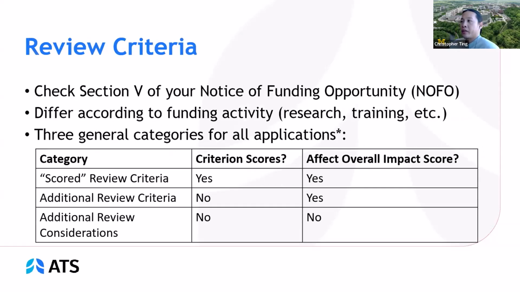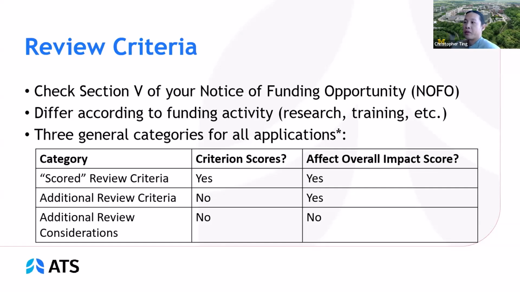So each NOFO is going to provide information about the application as well as their specific review criteria. So check out section 5 in each of these NOFOs that you're looking at in the future. The application review and scored review criteria can differ depending on the grant mechanism. And there are 3 general categories for all applications, and these are unchanged in the simplified framework we're going to discuss shortly. Applications receive an impact score determined by these review criteria, as well as an overall impact score to